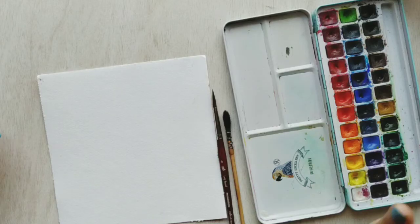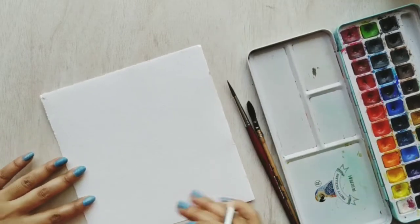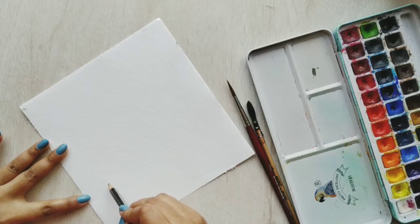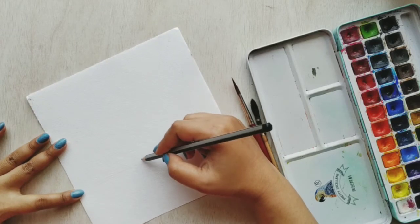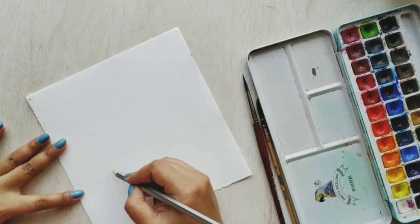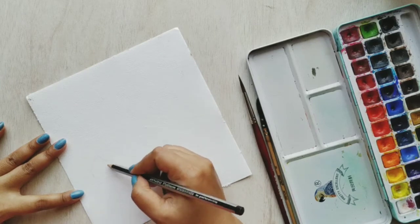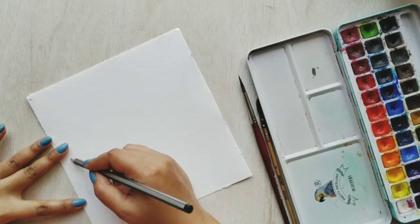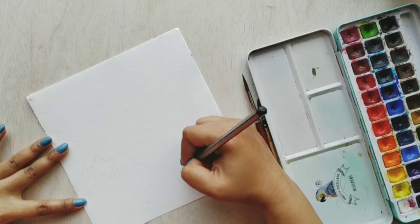Until then, let's quickly go ahead and check out the supplies we'll need for today's painting. I have picked up my 300 GSM watercolor paper. This is 100% cotton paper from the brand Chitrapat, found in India. With that, I'll be using my Princeton long round brush number 6, a mop brush, and my favorite watercolor palette. So let's quickly sketch out a quick reference guide with a pencil, and then